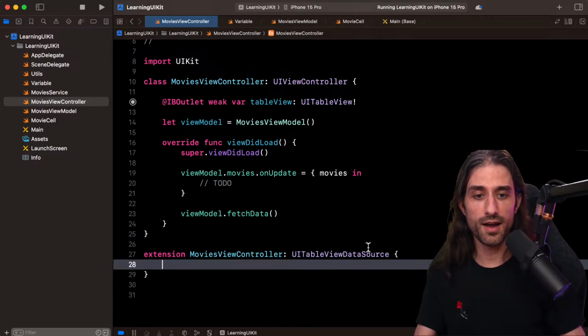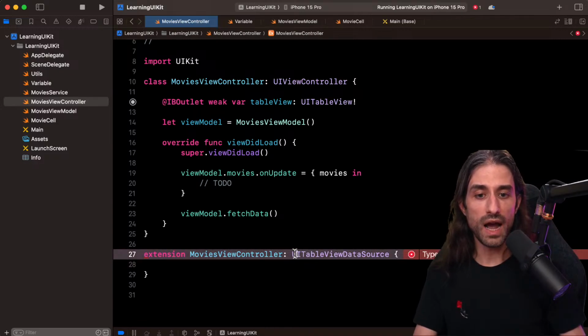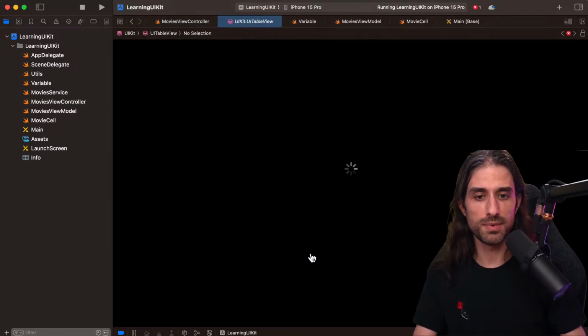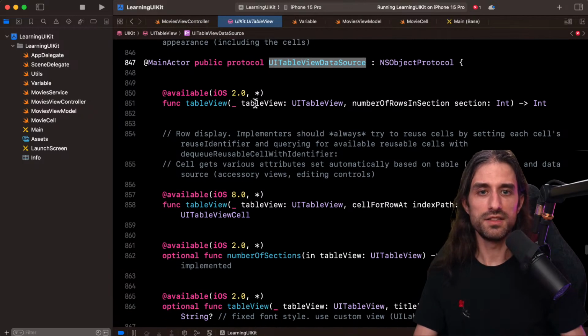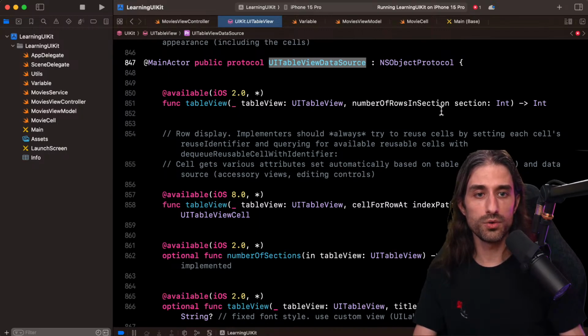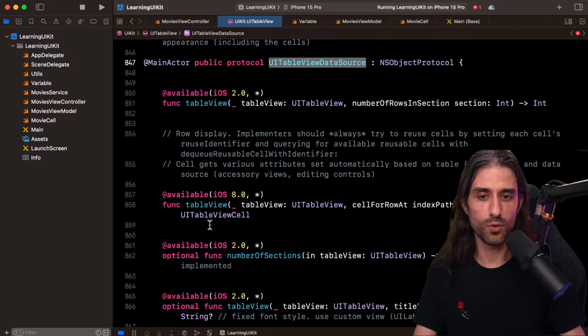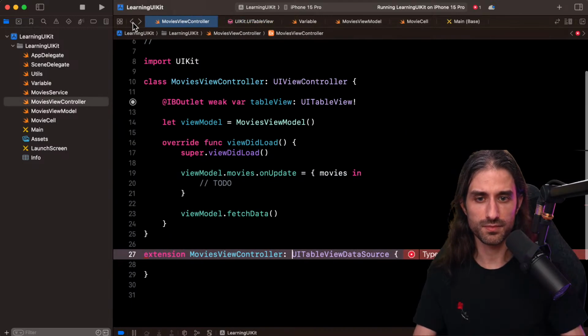It's the protocol that allows the table view to ask a third-party object for the data it needs to display. This protocol has methods for how many rows there are in the table view, and for giving the cell corresponding to each row in a section, the cell being a subclass of UITableViewCell.